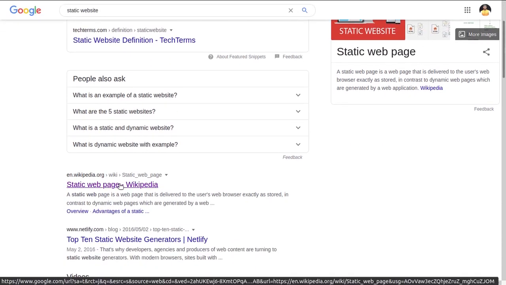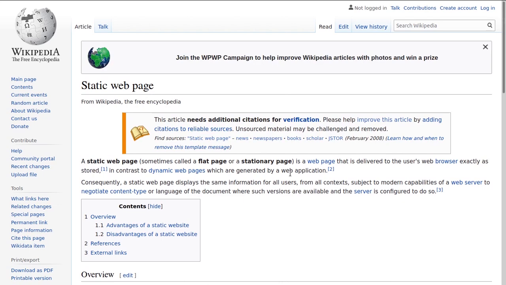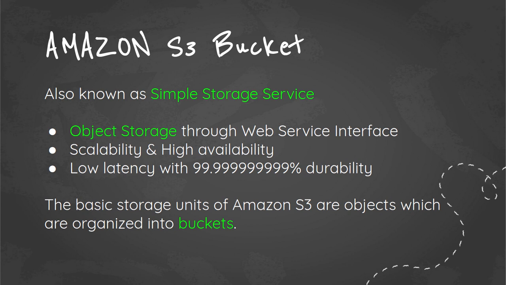If desired, the web page can provide interactivity and run program logic by using JavaScript, which runs within the user's web browser. You can easily host a static website with Amazon Simple Storage Service, that is Amazon S3, by uploading the desired content and making it publicly accessible. No servers are required, and you can use Amazon S3 to store and retrieve any amount of data at any time from anywhere on the web.